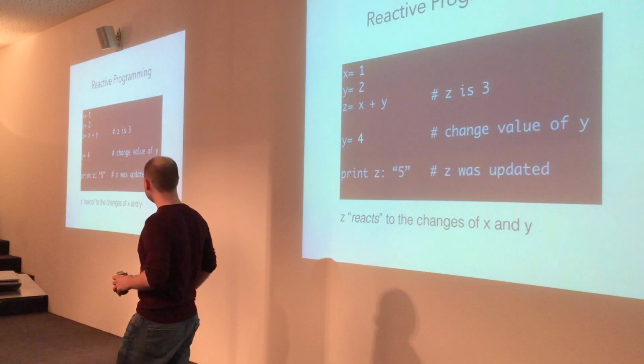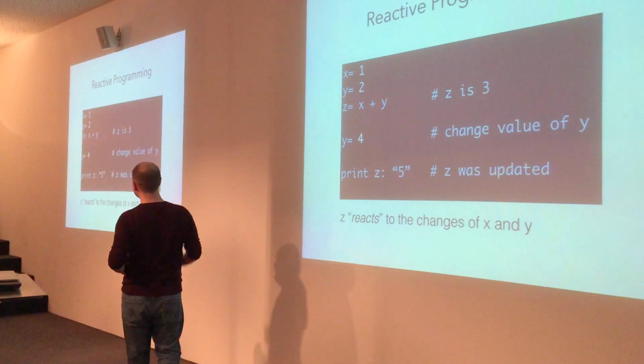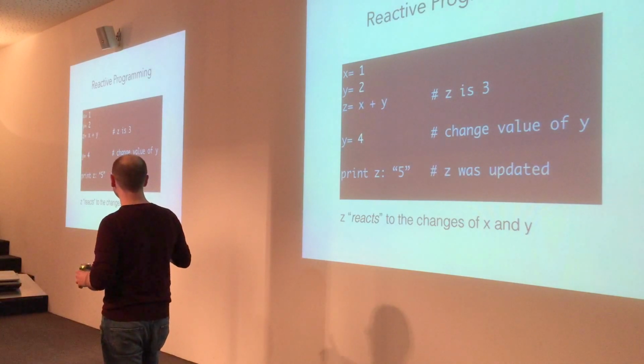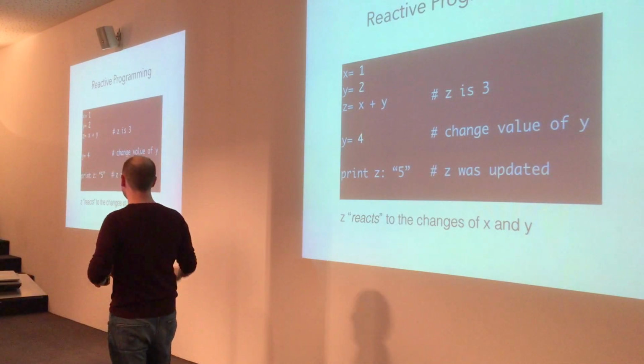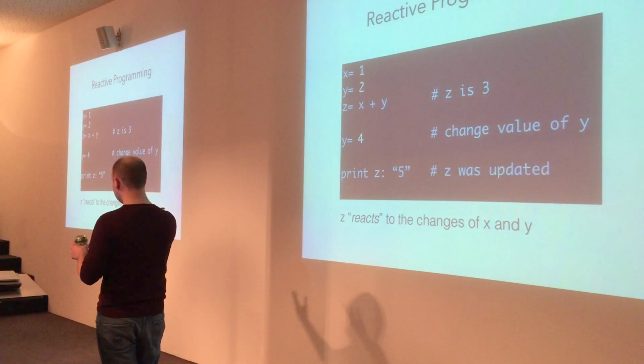And then reactive programming, going back to the best metaphor for reactive programming, is a spreadsheet. If you have x is 1, y is 2, x plus y is 3, but then we change y to 4, then in a spreadsheet,